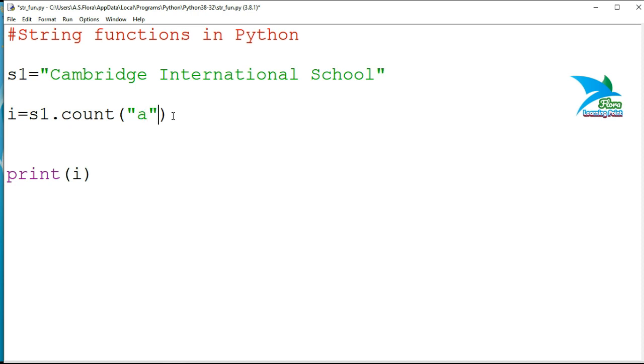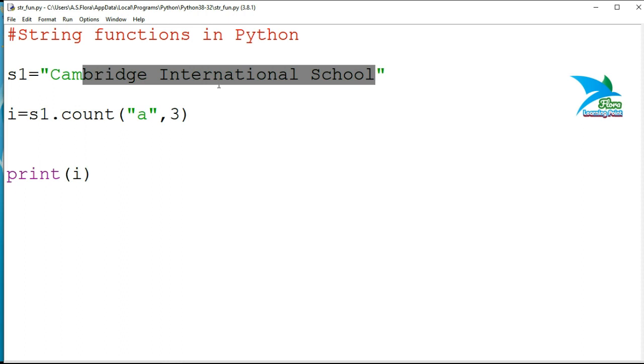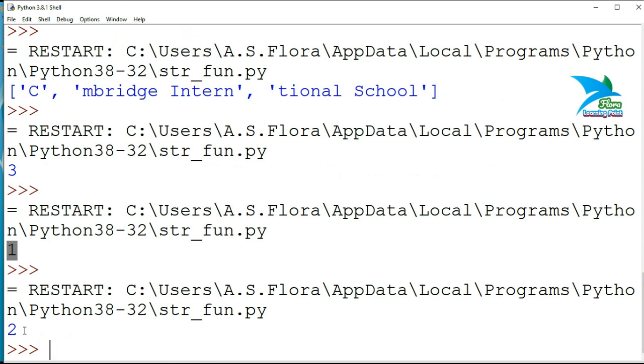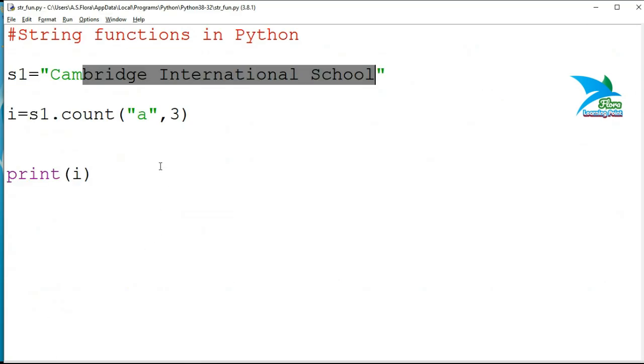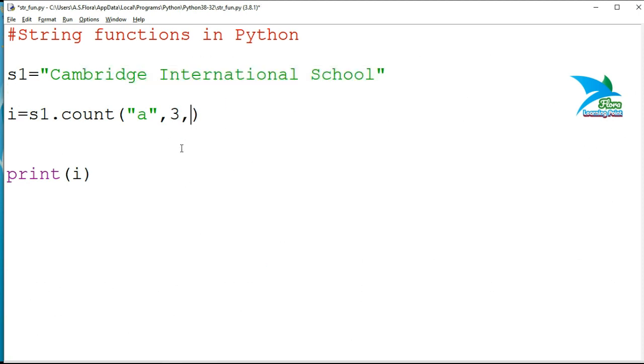And if you will assign any other value, like again a, the second parameter decides from where the search will begin. By default the position is 0, that means the first character. But I'll pass here 3. So that means from the third index position it will start the search of this character. So 0, 1, 2 and 3. From this character it will start searching. After this character we are having only two a characters available. Just try to run this one. Here the result is 2, because after that position we are having only two characters.